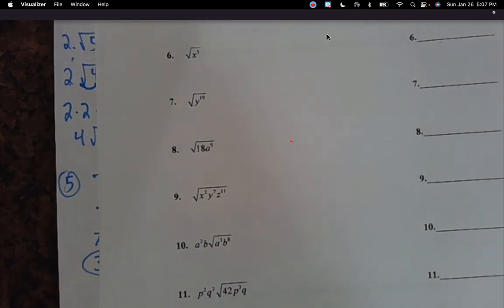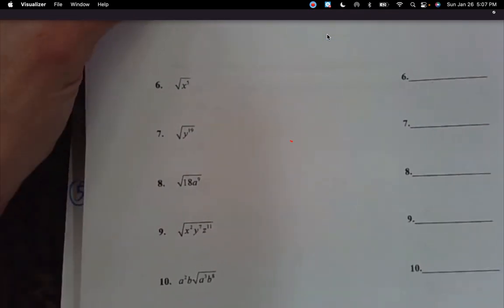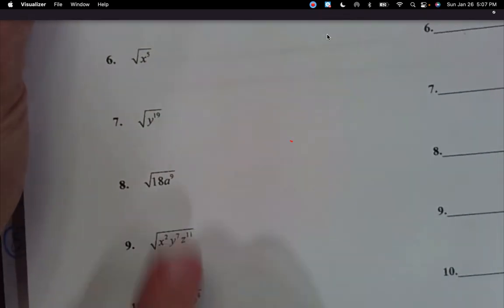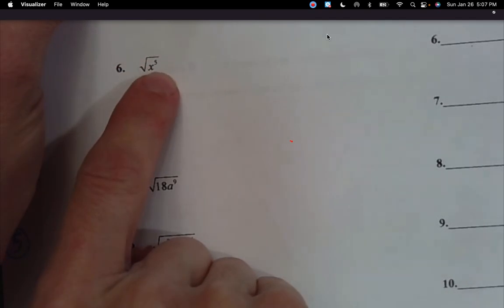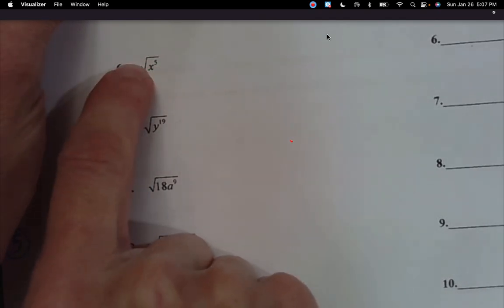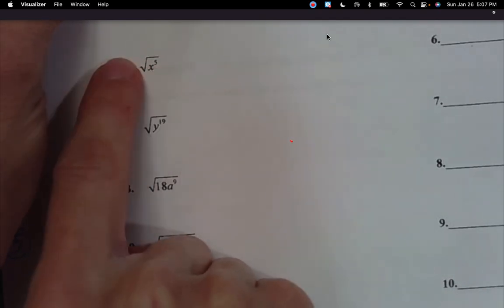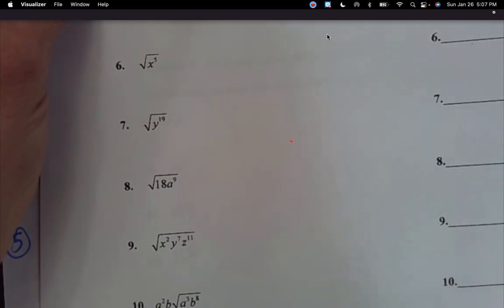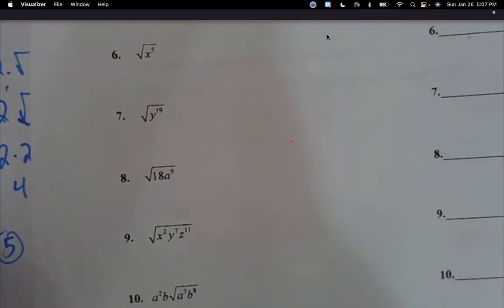Okay, so when you get to the third page of today's, this is where you'll notice a big difference in our variables. They don't match what we're dividing by. For instance, this one has a 5, that's a square root, or a 2. Well, 5 and 2, they don't divide out evenly. So on these, this is where we kind of have to split up our variables a little bit. So let me do some problems. Let me get a sheet out. Some problems that are a little different, like